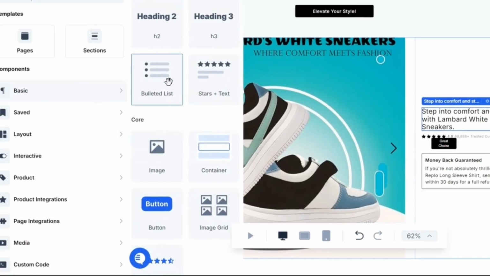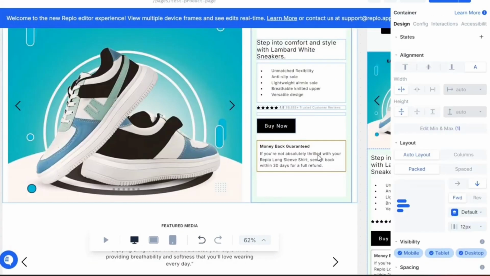I will also insert this bullet list here and then highlight my product features here. Alright,